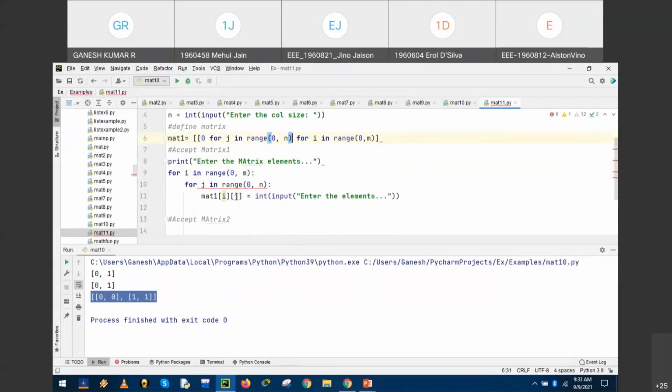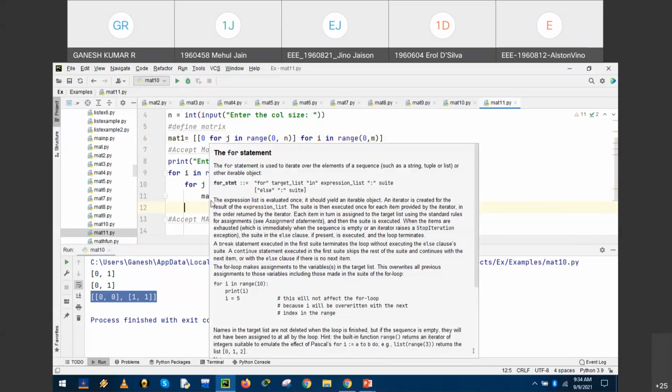For all the j's, there was a red underline, which means there is a problem in the definition. When I checked the definition, for j in range of 0, comma n, the second dimension had not been closed. So a right square bracket was missing as I entered it. Now the red underline below the variable j has disappeared. So while typing, we make mistakes, and by checking the appropriate statements, you can easily correct them.